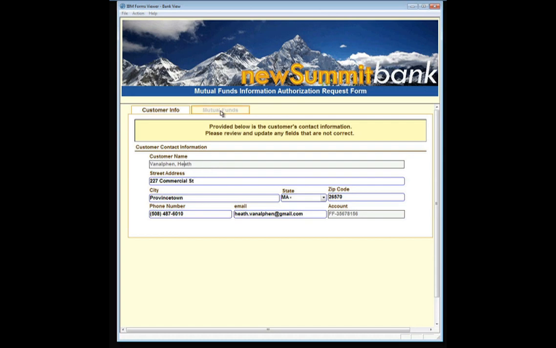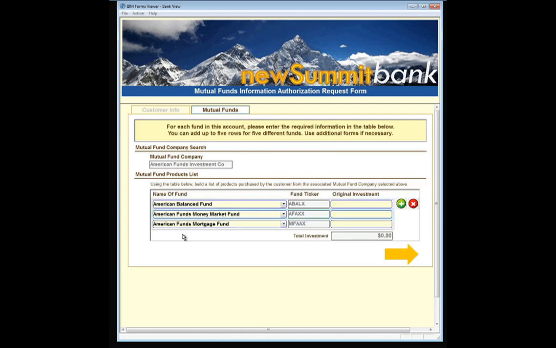records. Continuing on to our mutual funds, we can see that the bank gave us a list of existing funds that we have, and now it's our responsibility to enter in our original investment. Right? So let's say that we've purchased a number of different items. But let's say that the bank's records weren't necessarily up to date. We no longer have American Funds Mortgage Fund. We're going to remove that from our